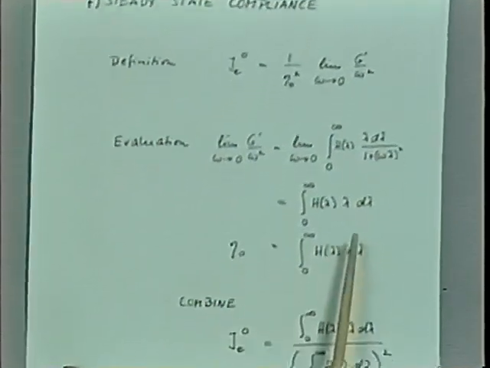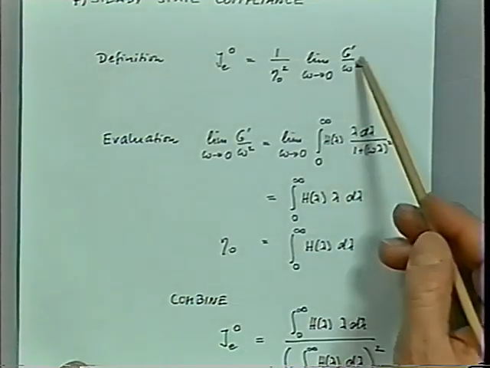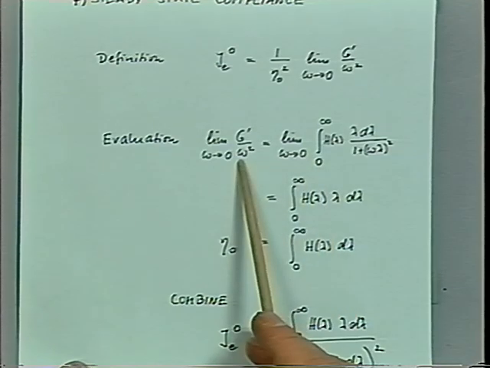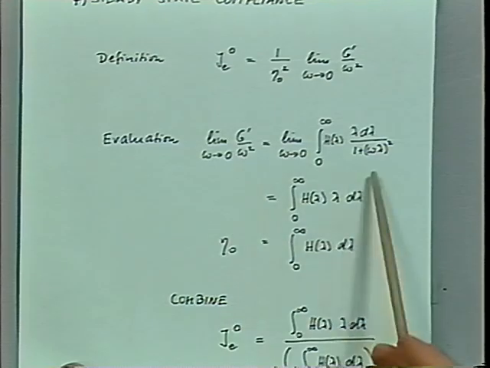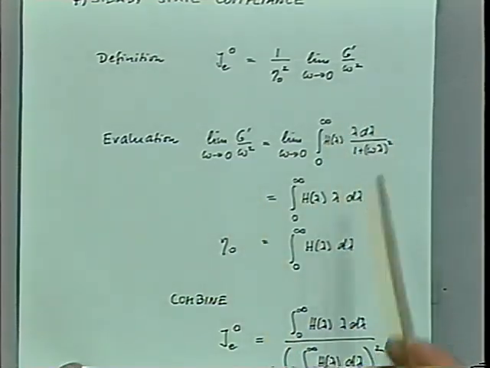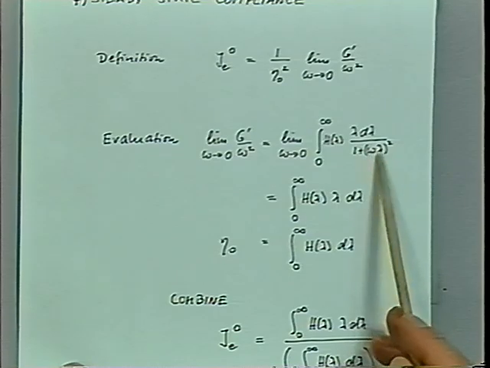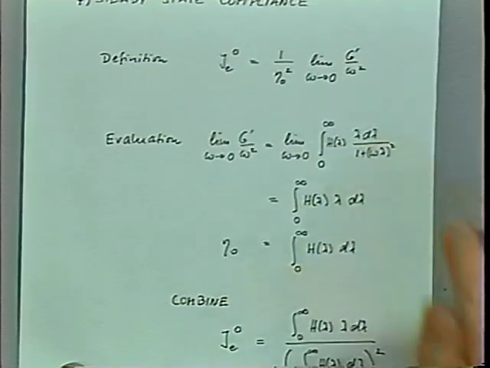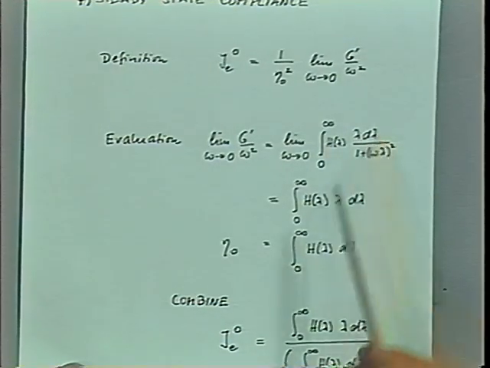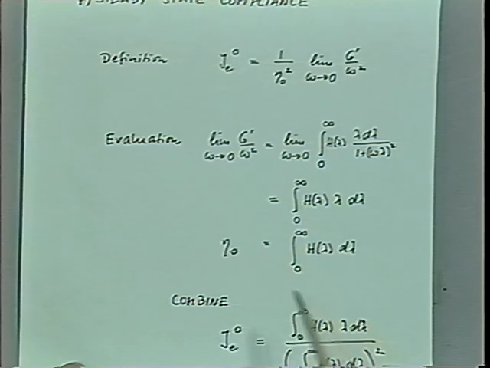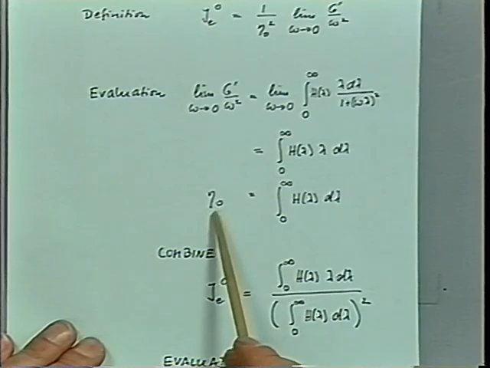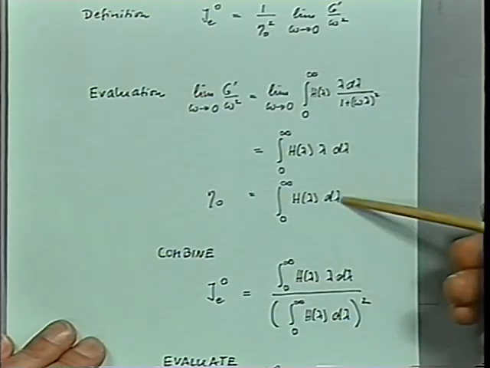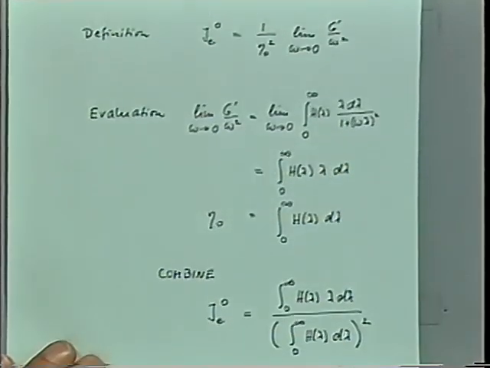Let's evaluate this function now. We would take G prime, as defined before, take the limit for omega going to 0, and we're dividing by omega squared when we take the limit. Now, in this function, if omega goes to 0, this group is much smaller than 1. So we can just neglect this, and our result is just the integral of h of lambda d lambda, and this is this function. And from previous calculations, we know that the zero shear viscosity is given by the integral of h of lambda d lambda. So when you compare those two, there's a lambda more in